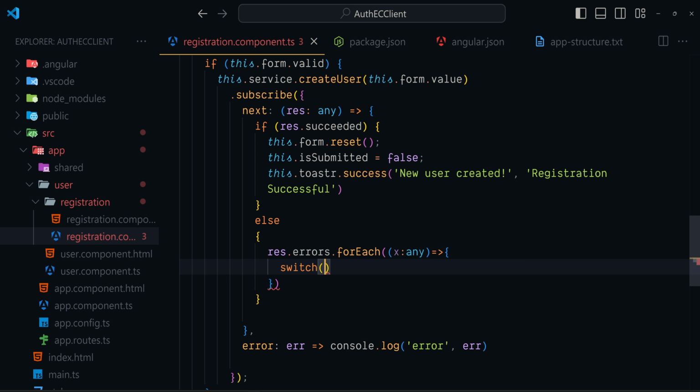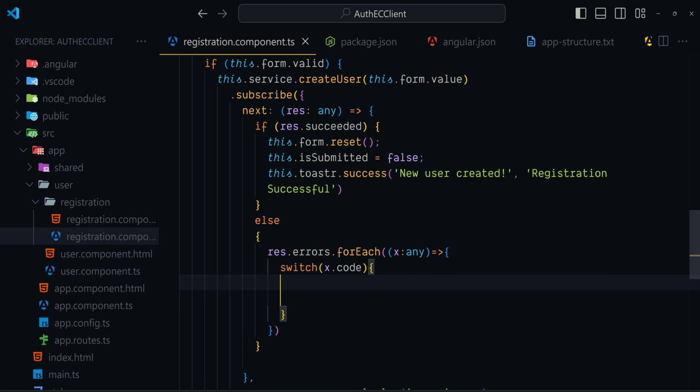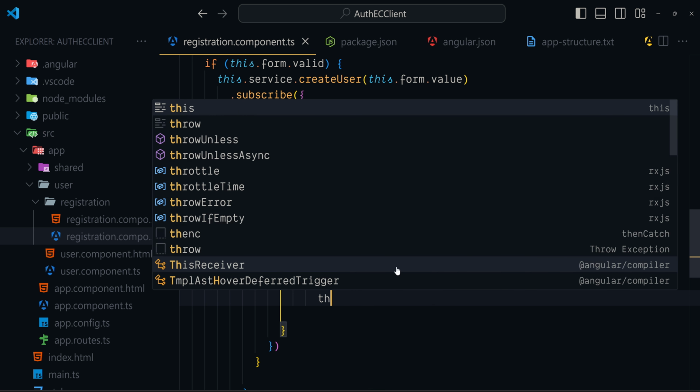Now in the previous duplicate error we have seen, there was a property inside the error like code. So that's what we are going to match within each case here. So if the error code is duplicate email, we will show a toaster notification. So here we go,